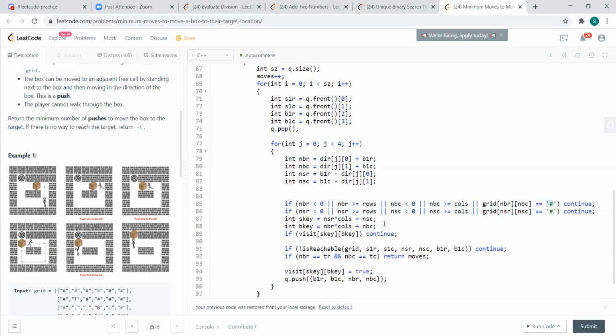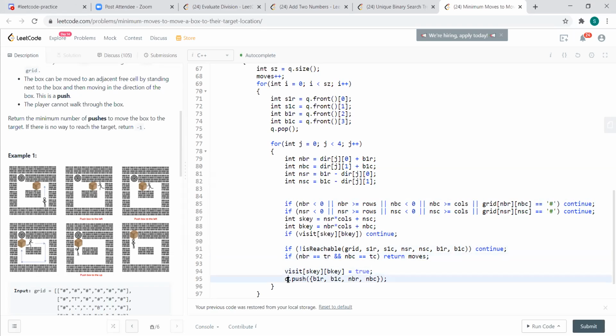I just ignore them. If I'm done with that, then I come here and run this function to check the new position of my player against the current position of my player. If my player is not able to reach the new position, it doesn't make sense to go in this direction, right? This is the first check I do. We'll come to this function later. It just checks whether I'm able to bring my player from the current position to the new position.